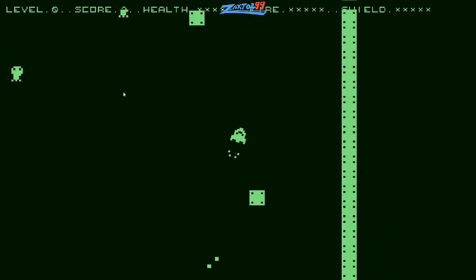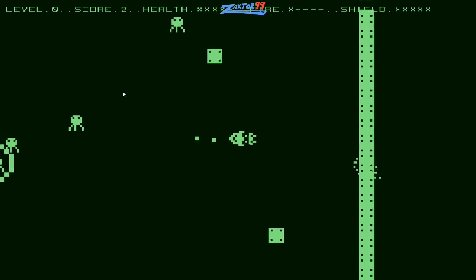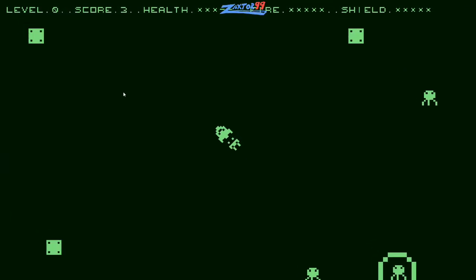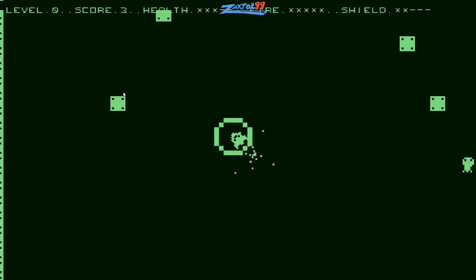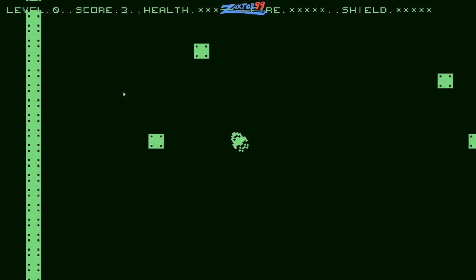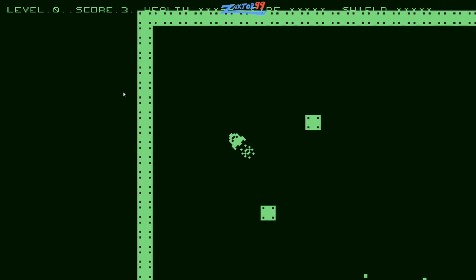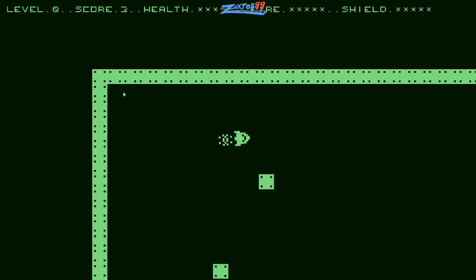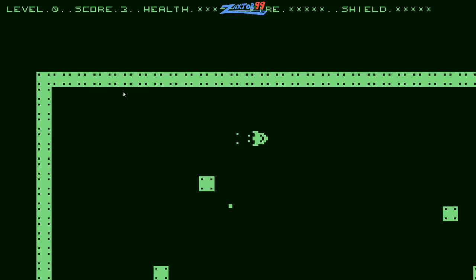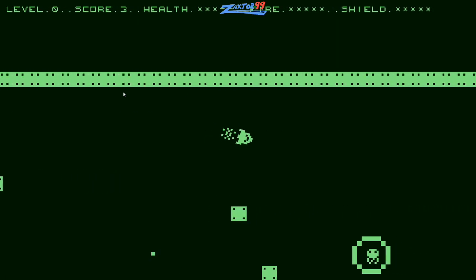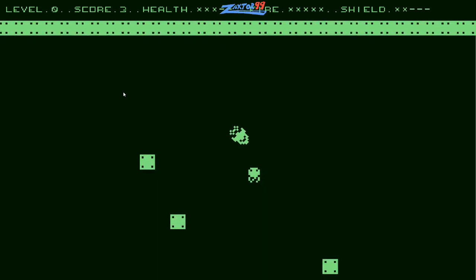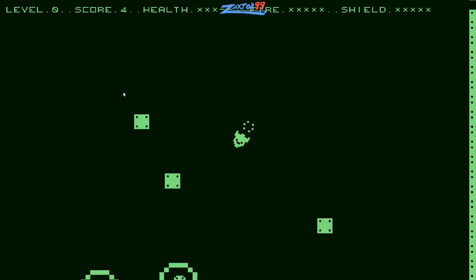You can use your shields, which do have a cooldown. You can kind of see it at the top. You have your X's. If I use my shield right there, you see it takes a second before the X's reappear, and I can use it again. Just kind of like that. When you thrust forward, you don't just move faster. You actually kind of jump ahead, which is kind of cool, I guess. I had a couple of different problems with this game, however.